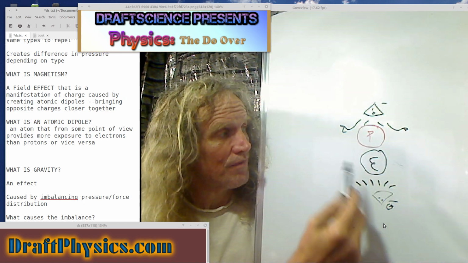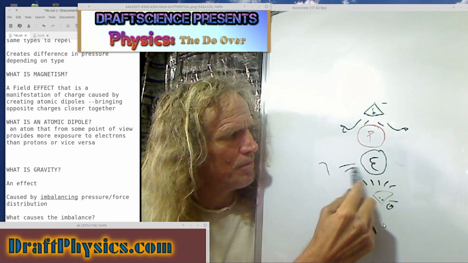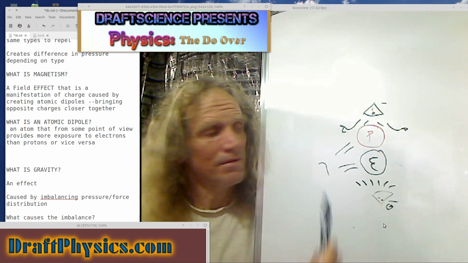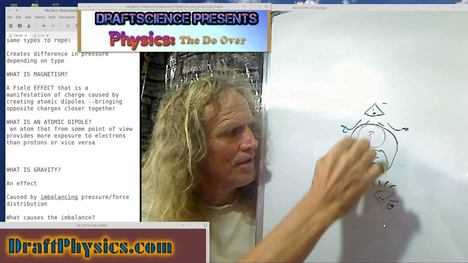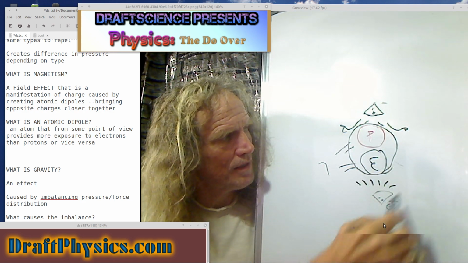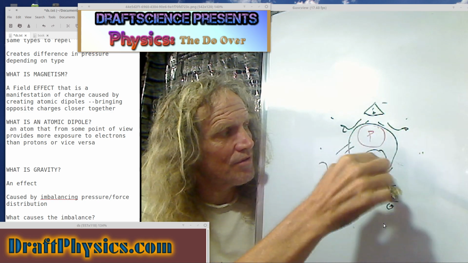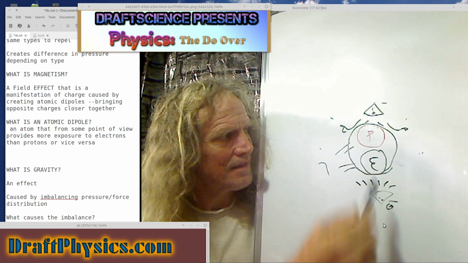It will tell you what your view is, and obviously from some mixed view, from over here, you're going to see a little bit more of this and less of this. So you're going to see a different amount of what is this net thing. The net thing changes depending on your perspective. So from different points of view, what this looks like as a net object changes. But that's the nature of a magnet.